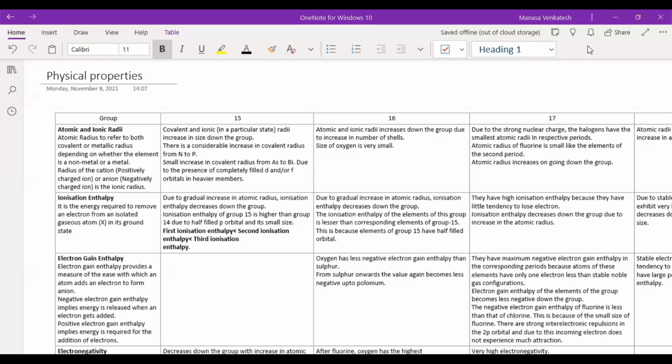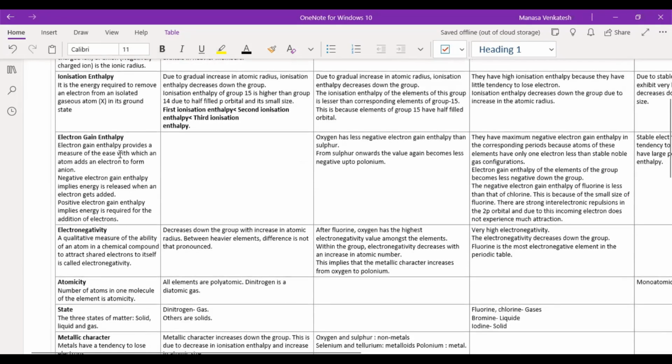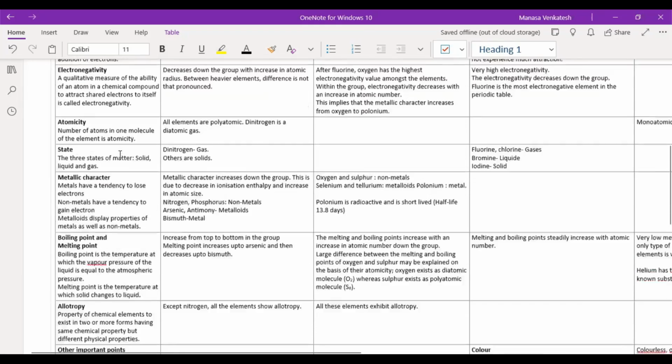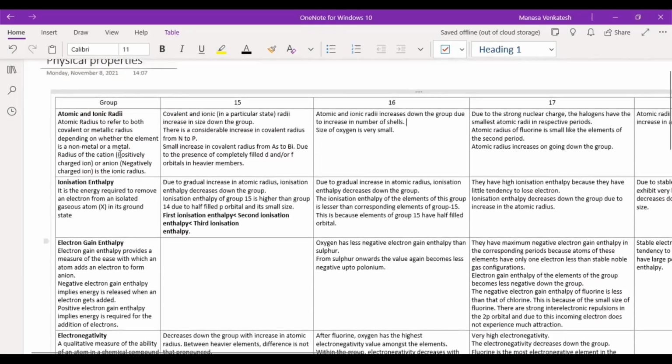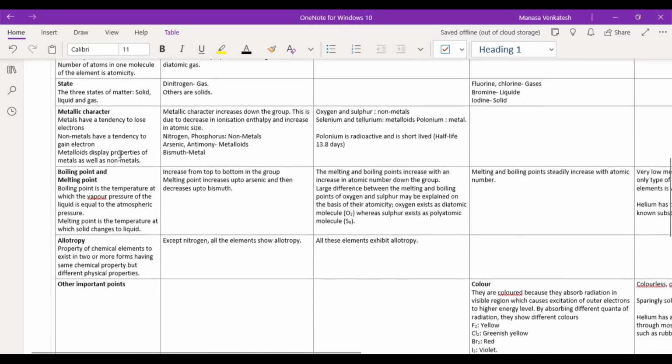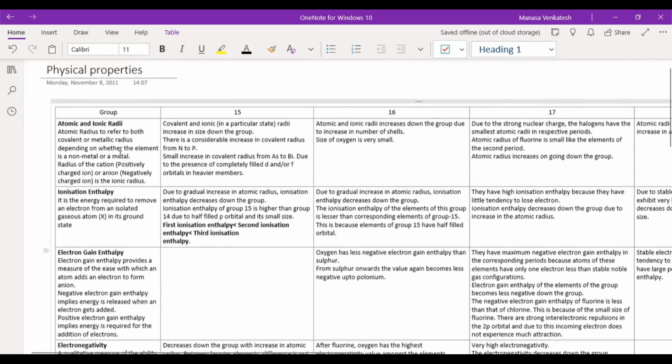So let's start with the discussion about physical properties. Here in this table, you have the group 15, 16, 17, and 18. That's the group number rather. And here you have all the physical properties. So we're going to be talking about atomic radius, ionization enthalpy, and even allotropy. So let's start with the